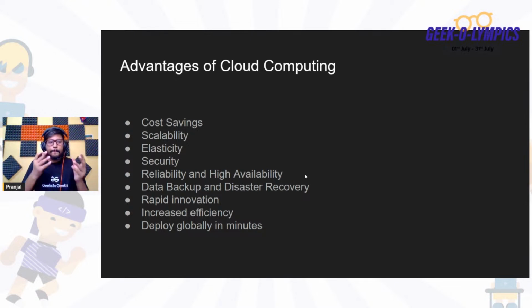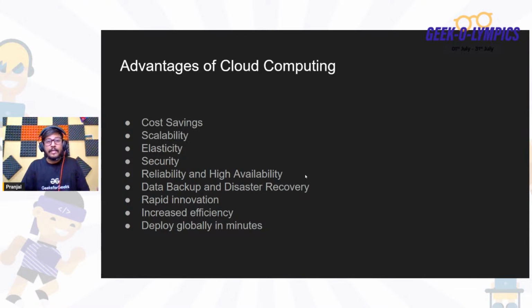This data backup is used so that if there is any disaster, the backup data will help you recreate the same environment so that you can start running the same workload there. So data backup is very important for future reference and future recovery from disaster. This is one of the advantages of cloud computing, with which you can do data backup and disaster recovery very easily and very quickly.